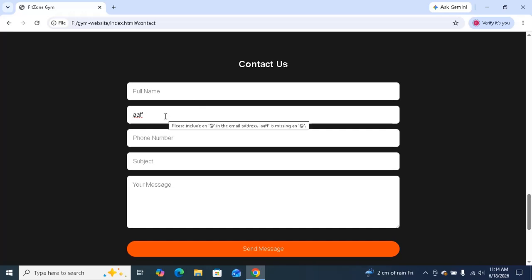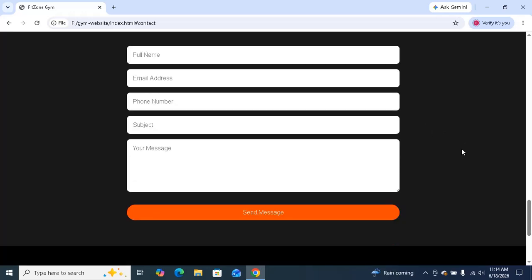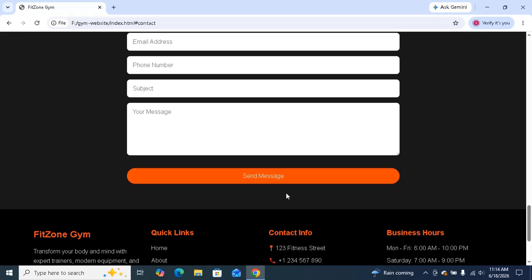And you can see it says please include an @ in the email address. So you have to use the correct format, and you can see a button, send message button,